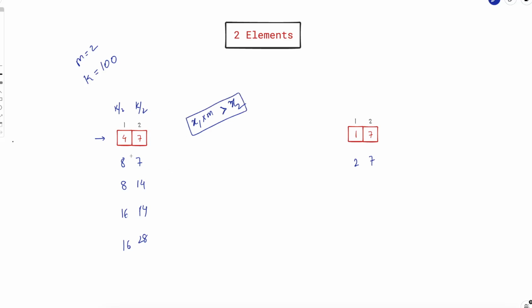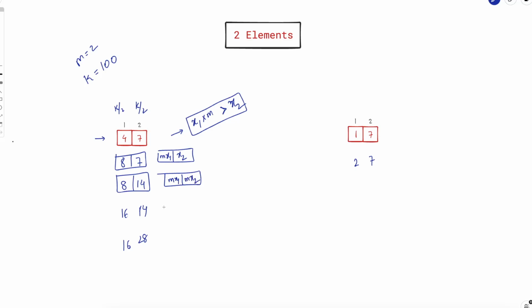Now let's say you apply, because x1 was smaller than x2, as in like x1 here is 4 and x2 here is 7, so let's say this x1 is smaller, so you apply the operation on x1, this becomes something like this. In other words, your array is now m multiplied by x1 and x2. And because this inequality is satisfied, that's something you are assuming, you will now apply the operation on x2. So basically you multiply 7 by 2, which is 14, and 4 by 2 is 8, which makes it 8 comma 14. Basically what you have now is mx1 and mx2,